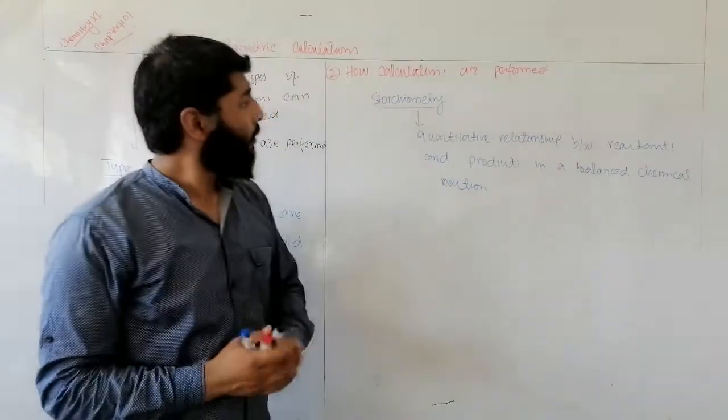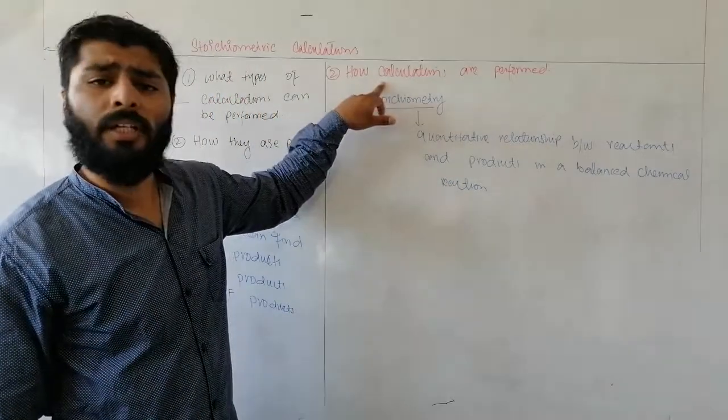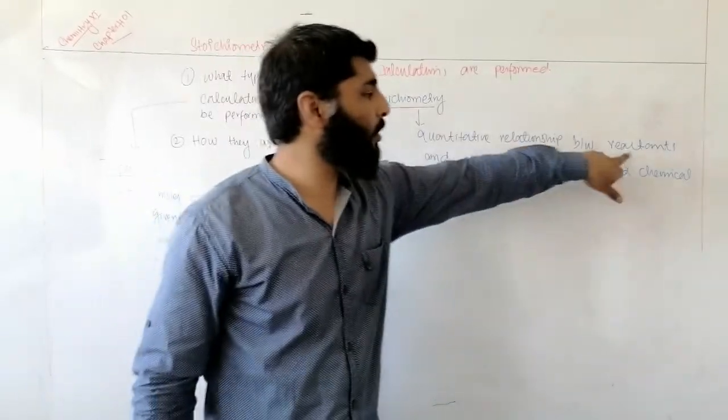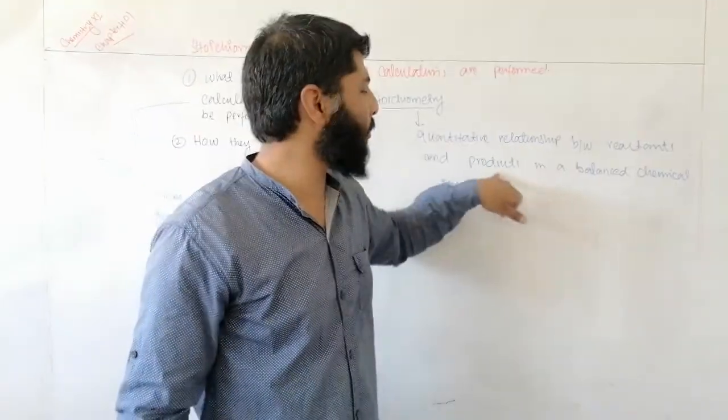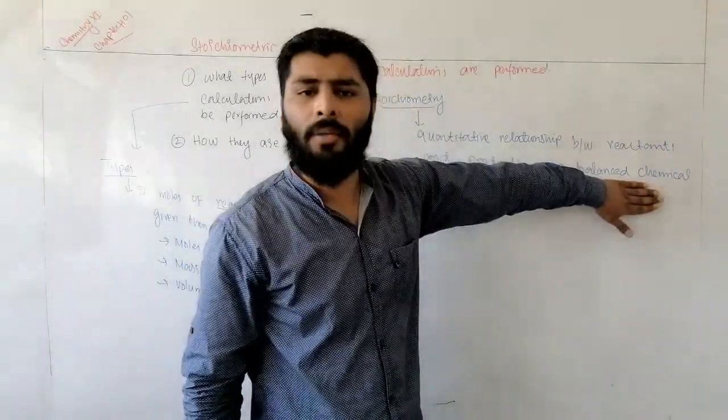So, for performing stoichiometric calculations, you must have some sort of reactants, some sort of products and a balanced chemical